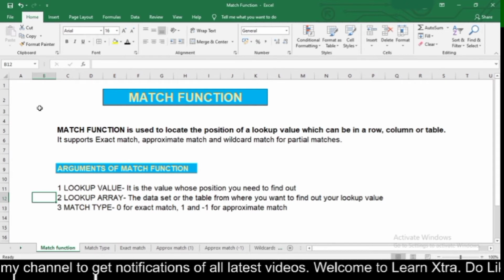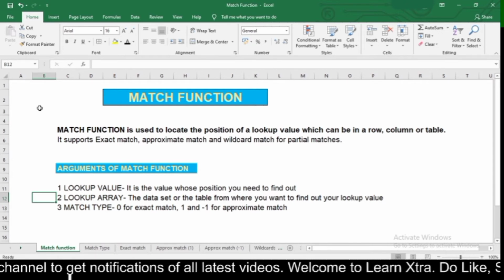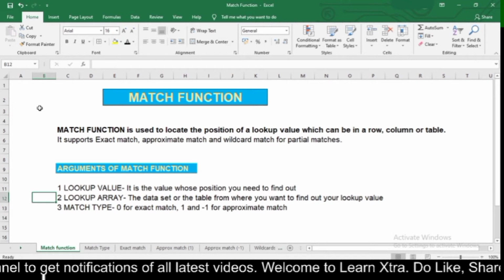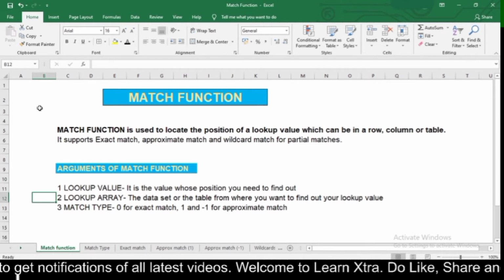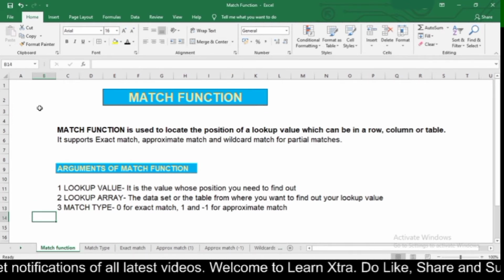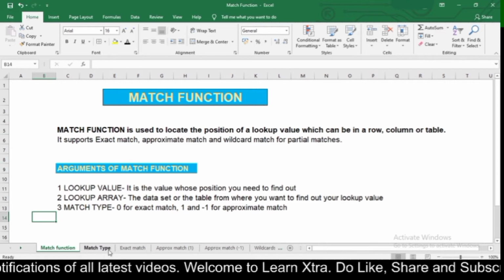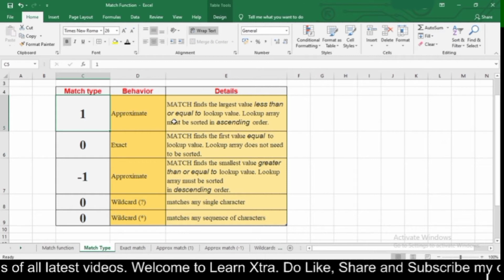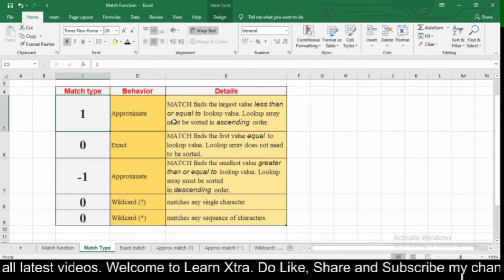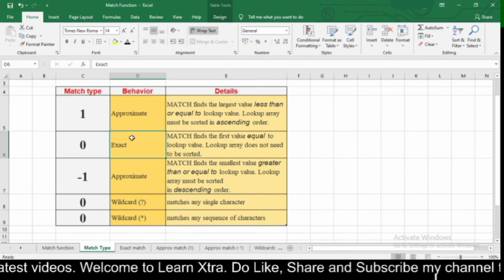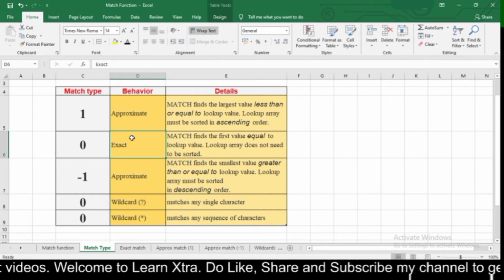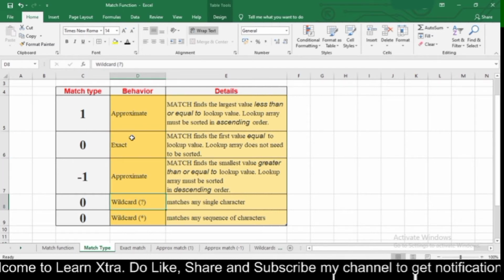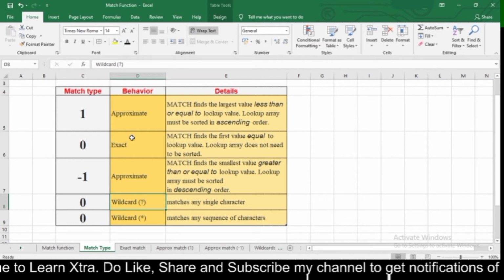Match type can be of three types: 0, 1 and -1, and we will learn every match type step by step in this video. Match types: 1 is used for approximate match, 0 is for exact match, and -1 is also used for approximate match, and 0 is used for wildcard match.